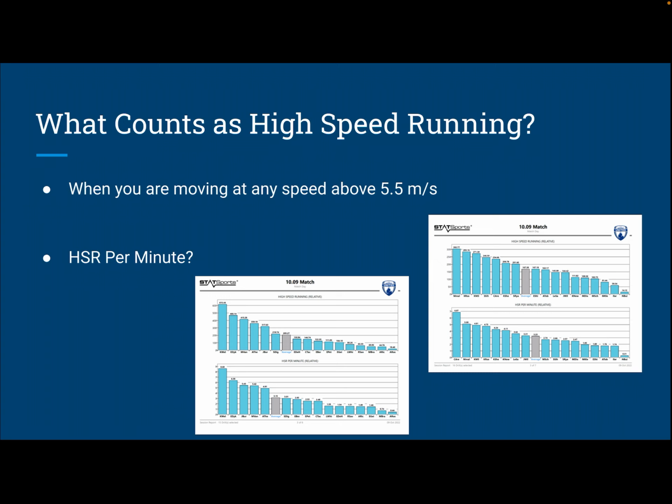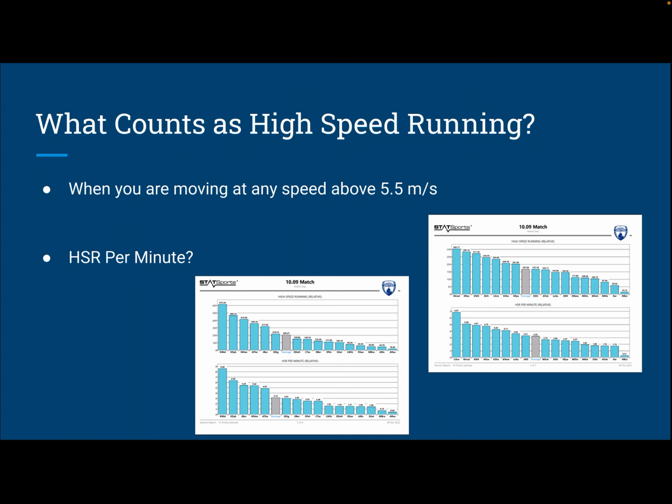Now, 5.5 meters per second is 12.3 miles an hour, but an easier way to think about it is in yards. In 1 meter or in 1 yard, there's about 0.9 meters. And I'm sure we've all played on a field that's a soccer field, but it's also a football field, right? So it has both sets of lines on it. And in a football field, it's really easy to see the yard markers, 5 yards, 10 yards, right? So if you're covering 5 to 6 yards per second, then yeah, that action is going to count towards this